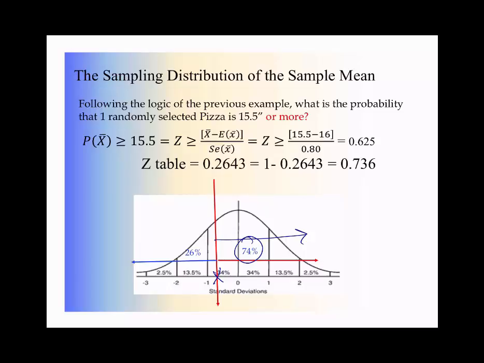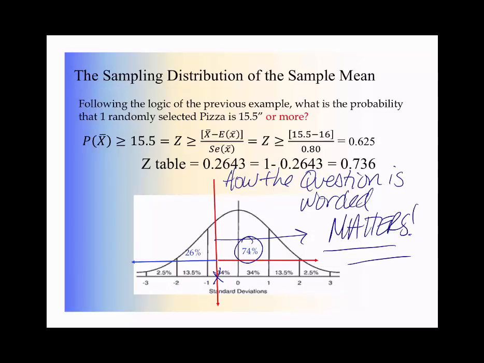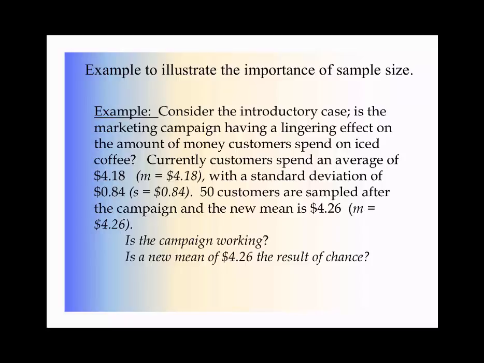So something to take from this is how the question is worded is really important, because if we word the question one way or another, it tells us what we're doing. And that's why I always say draw it out on the little normal distribution. Some people think it's a little bit elementary, but boy, it sure keeps you from making a subtraction error, and subtracting when you shouldn't.